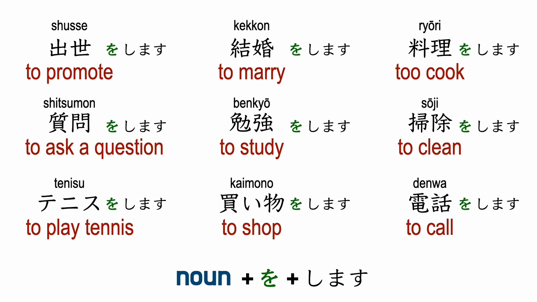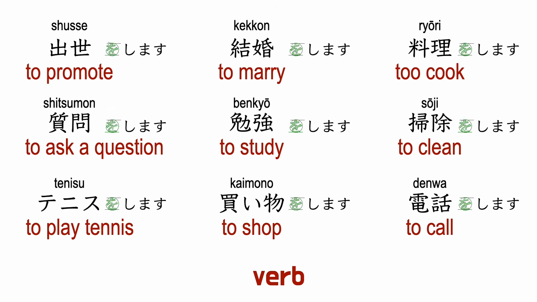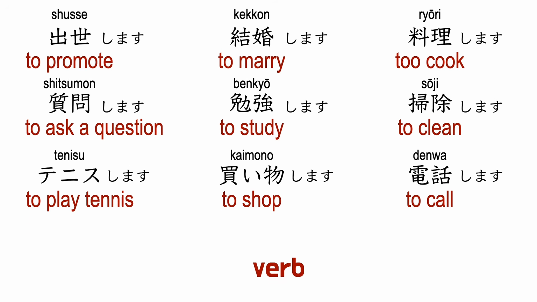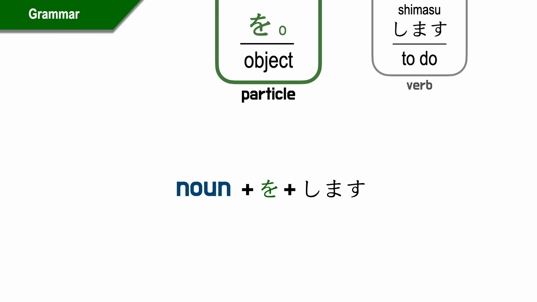So in Japanese, there are so many nouns that can be used with をします。When you add をします, they practically function as a verb. So basically, をします can transform a lot of nouns into a verb, especially nouns that represent a certain action or activity. And also, most of the time, it's okay to omit the を particle. And these verbs are called する verbs, because する is the dictionary form of します。But anyway, for now, just know that in Japanese, there is a wide range of nouns that can be used with をします。That's it.